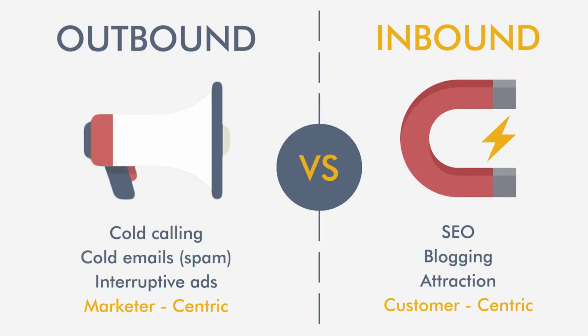In other words, outbound marketing is characterized by intrusive and interruptive forms of marketing like cold calls, cold emails, interruptive ads, and so on. Instead, inbound marketing has a customer-centric approach and aims at SEO, search engine optimization, blogging, and